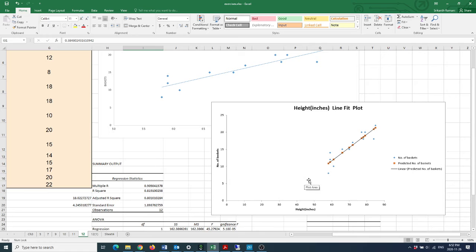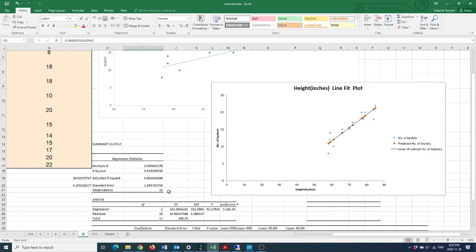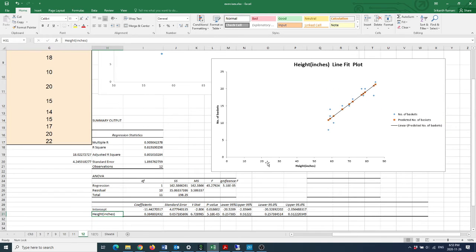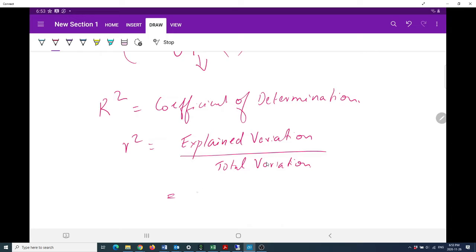So the R square is an idea of how well this line captures the trend in data in some sense. So how much of the number of baskets can be explained by this one variable alone, and that is what the R square tells you. So R square in other words can be thought of as the summation of (y prime minus y bar) squared by sigma of (y minus y bar) squared. Okay, so